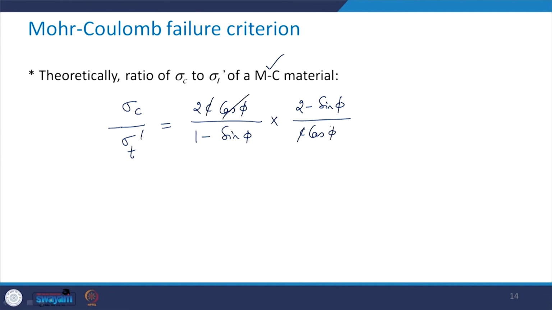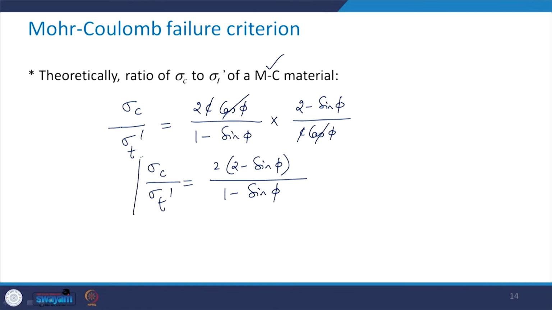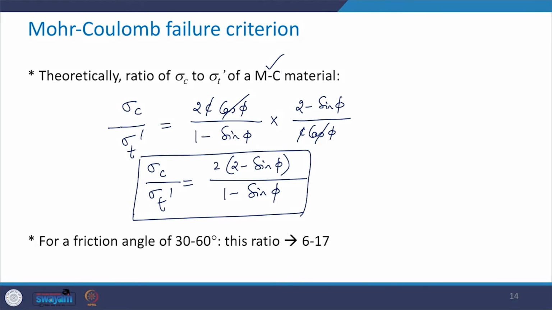So c cos phi will get cancelled. So what you are going to get is 2 into 2 minus sin of phi divided by 1 minus sin phi. This is the ratio sigma c upon sigma t prime we are going to get theoretically for a Mohr-Coulomb material. Now for a friction angle of 30 degrees to 60 degrees, this ratio works out to be 6 to 17,